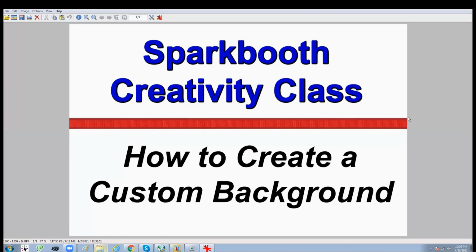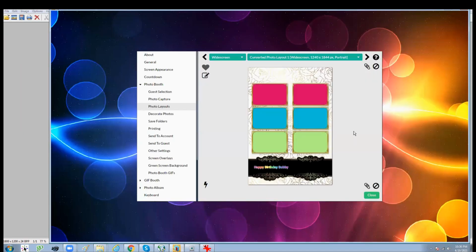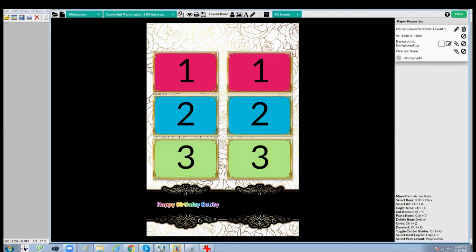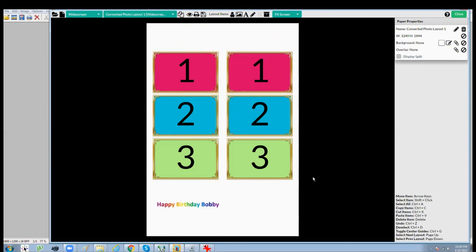Sparkbooth creativity class, how to create a custom background. Right in the software itself, you can actually create custom backgrounds. Okay. So to do that, we go back into the Sparkbooth software. In 7.0, in the layout editor,